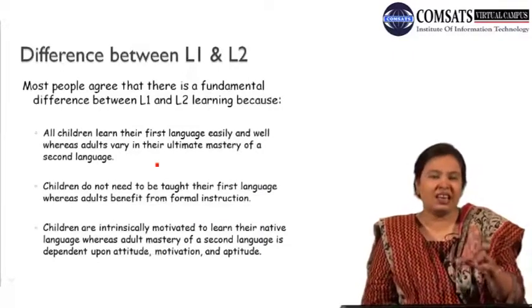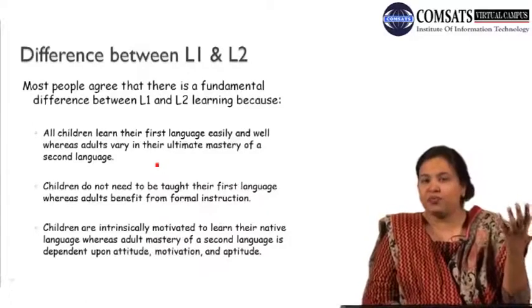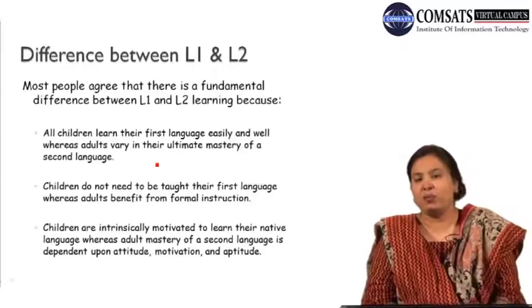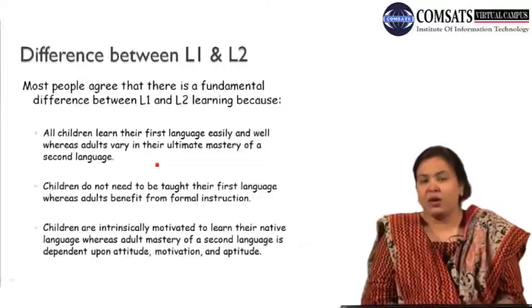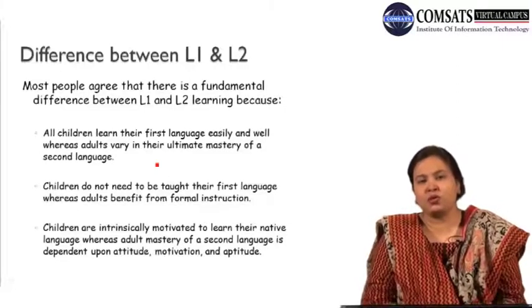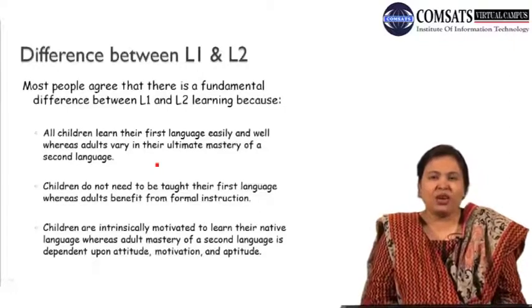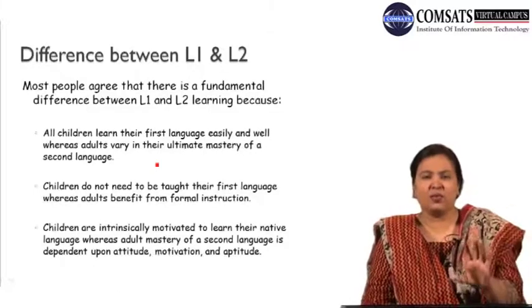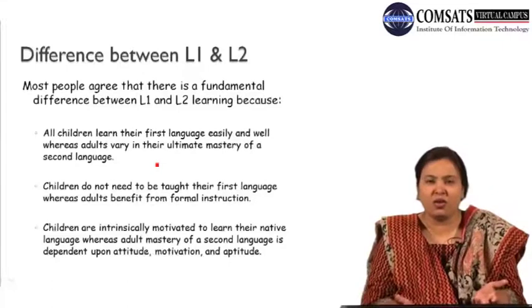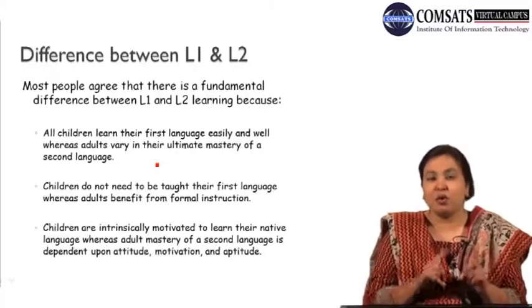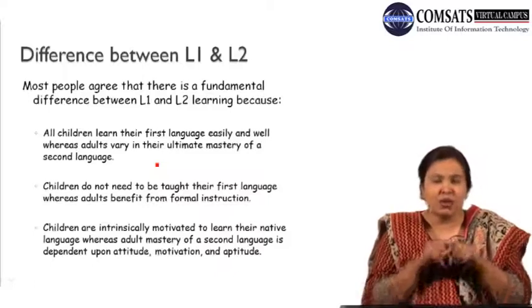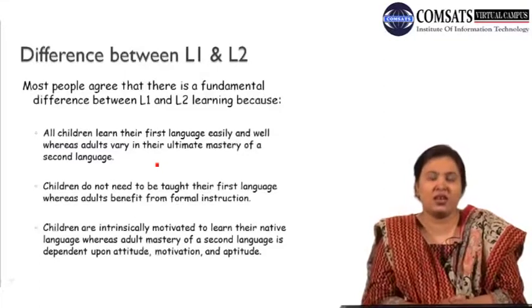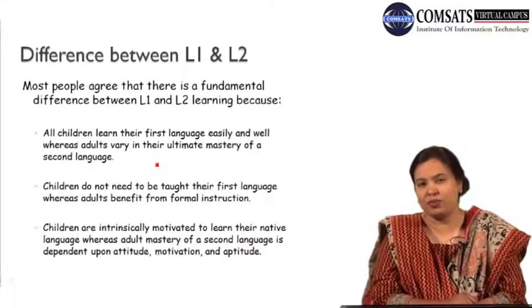After learning the second language, we have good producers of that second language, we have average producers, and sometimes we have poor learners. For example, 3 students went to an institute for learning English as a second language, and after 6 months, one student can speak fluently, the other one average, and the third one cannot speak at all. So again, the mastery level is different. On the other hand, in the case of the first language, throughout the world all children attain the language without any difficulty, and they get the mastery of that language.